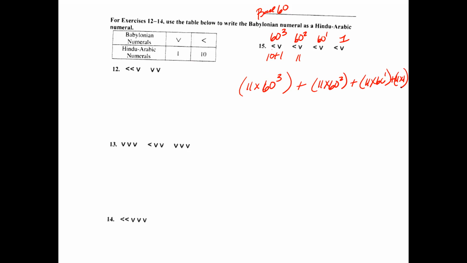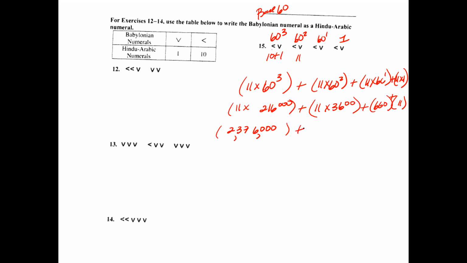Remember, 60 to the 3rd power is going to give me 216,000. 60 squared is 3,600. And then 11 times 60 is going to give you 660 and 11. So then if you go ahead and multiply it out, 11 times this is going to be 237,600. So 2,376,000